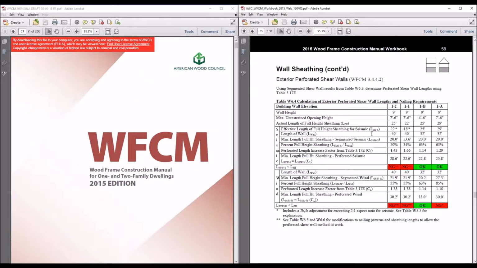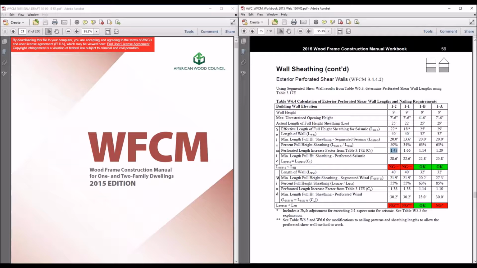And again, as you have to recall from last week, for this perforated shear wall length increase factor from table 317E, we go in with a percent of full height sheathing based on what's required by the segmented method and our maximum window and door openings, and it gives us an effective increase factor, a perforated length increase factor. In this case it's